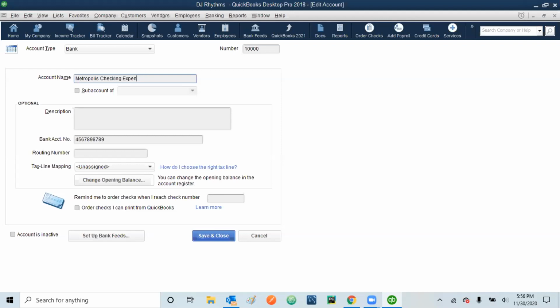So let's say for this one, we have done it. Just in case you are also maintaining multiple checking accounts with different banks, putting the number will make sure that once you issue a check against those accounts, you are not issuing a check for the wrong account. Let's say your money is in the Metropolis account, but by mistake you issue a check from Bank of America and it bounced. It will impact your credibility.